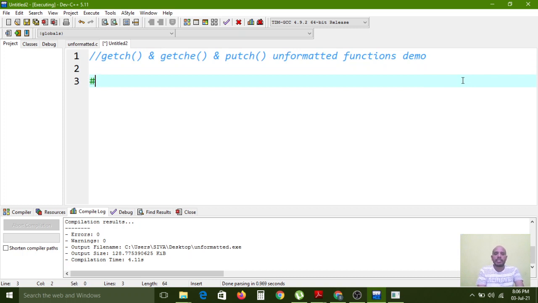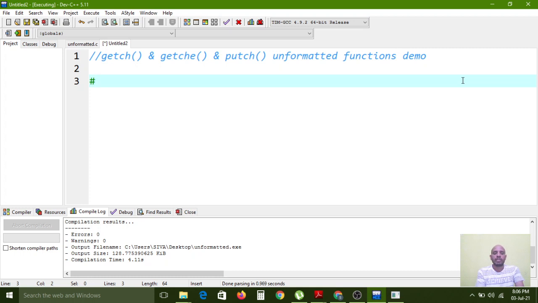Actually, the header files #include stdio.h and #include conio.h are not required in this Dev C++ window. But while writing the examination, you must write those header files compulsorily, because all the function definitions we are using in our programs are available only in those header files. So you had better write them during the examination.